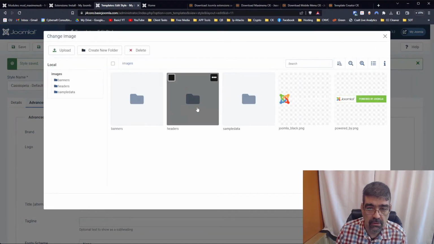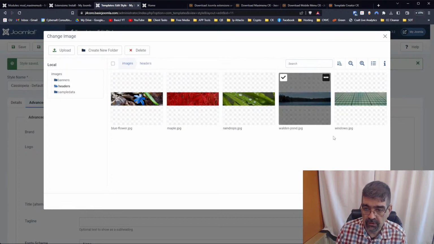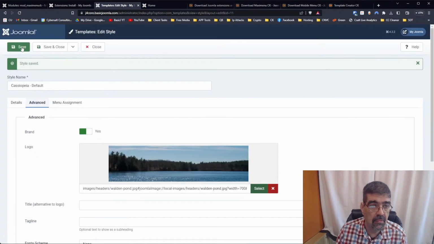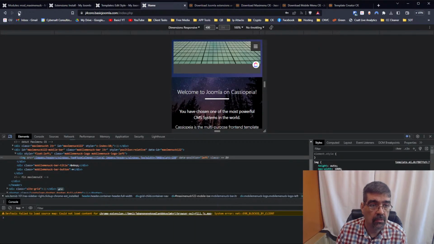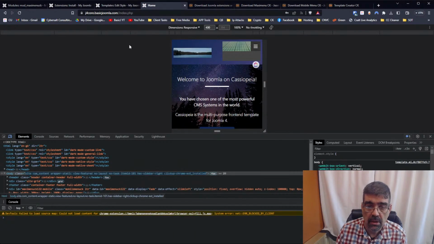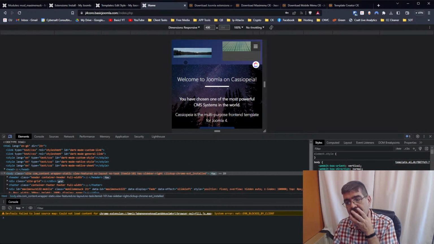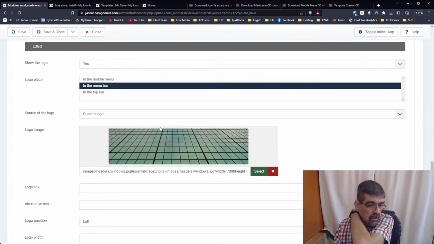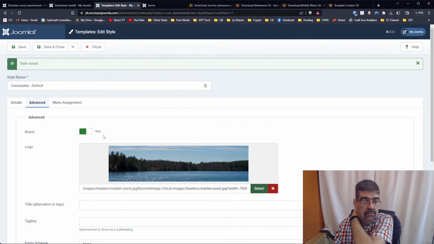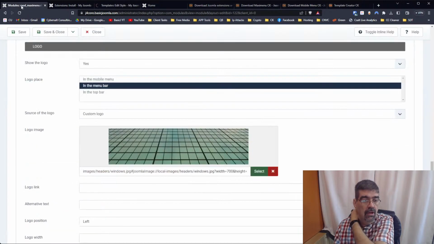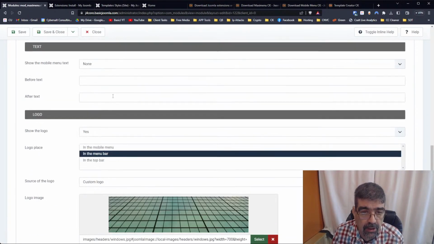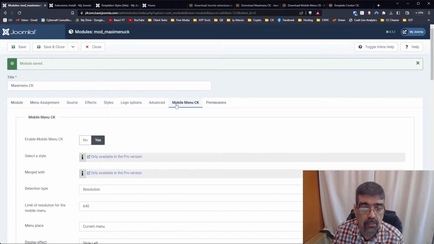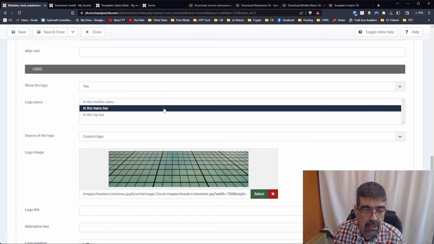We can select the logo, the brand here. Let's go to headers. We haven't used the lake yet today. Save, home, refresh. Yeah, we end up with that there at the side. So it looks to me like just the easiest way is to set the image inside of the mobile menu CK, and